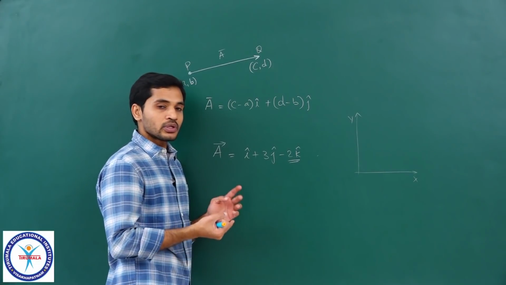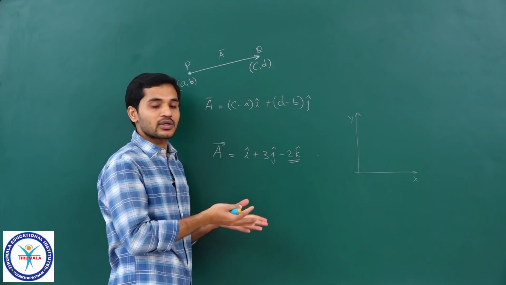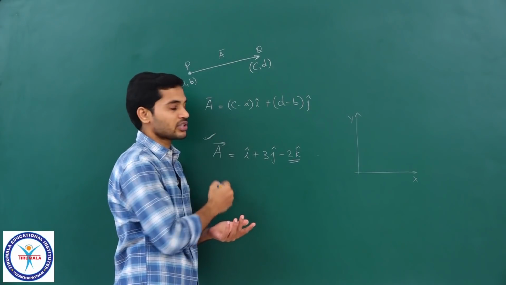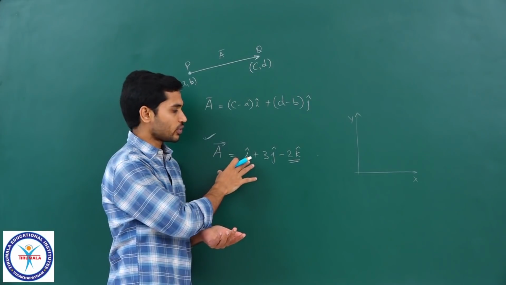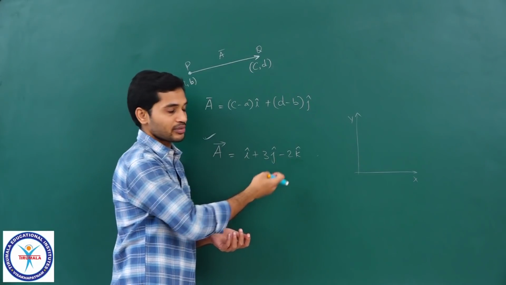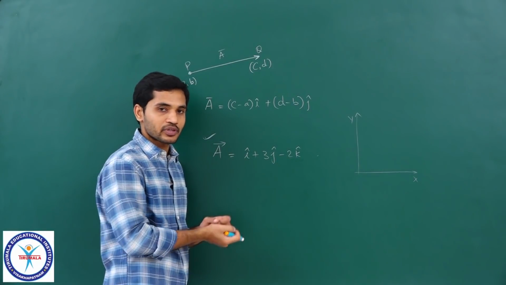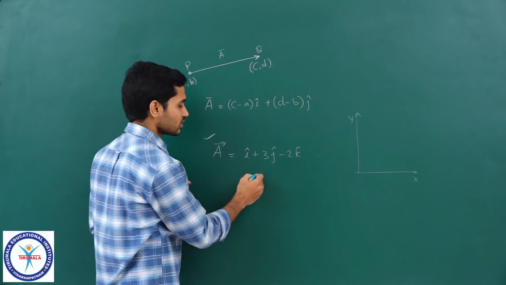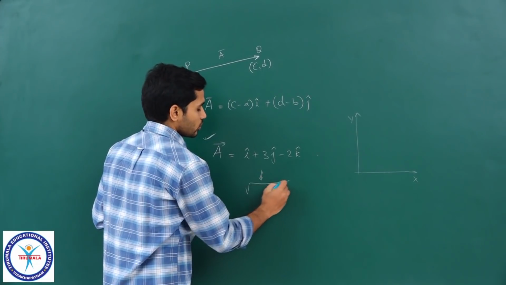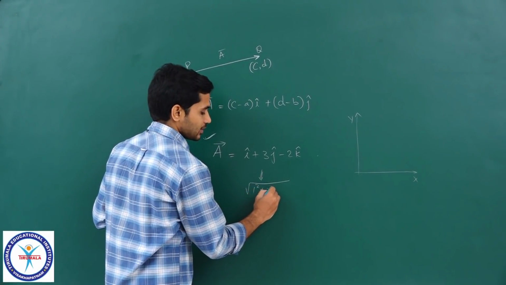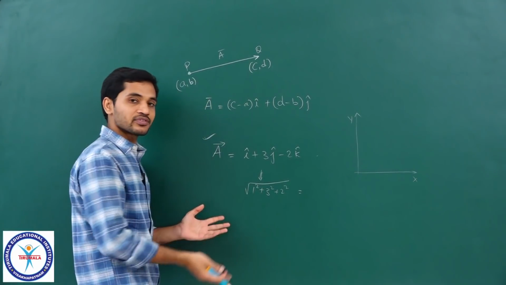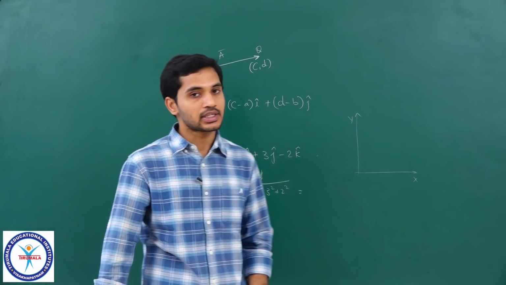But as I told you, the additions, subtractions and all the other concepts which we discussed today can be directly applied for a 3-dimensional vector also. Clear? So if you get questions based on these 3-dimensional vectors, you can solve them. Additions and subtractions, right, and finding the magnitude. For this, the magnitude would be root over 1 square plus 3 square plus 2 square. Clear? And I will tell you the reason for that, how we got that result, in the next class. Clear?